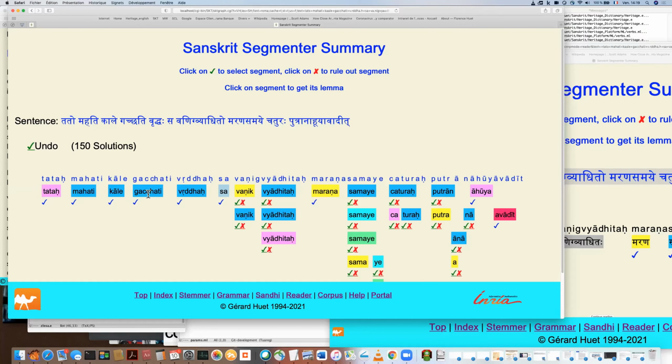So it means after going a long time. So the kara is time. So here we have the choice between time and the adjective black. Here we want time. And Mahati is the locative Saptami of Mahat. So after a long time,